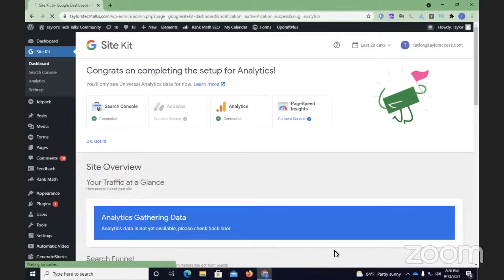Okay. So, I'm going to real quickly turn off speech for just a second. And then I'm going to turn it back on after I do something else. I'm going to go ahead and activate the speed module. The speed module basically helps to give performance insights about your website. And it's not that hard to activate. In fact, it's the same procedure we use for Search Console. So therefore, I'm going to go ahead and deactivate the speech for just a moment. And then I will reactivate it once we go onto our other website where we're going to be analyzing data.